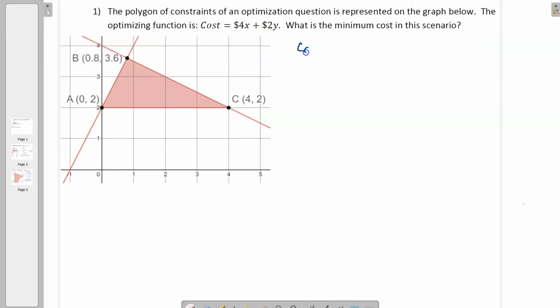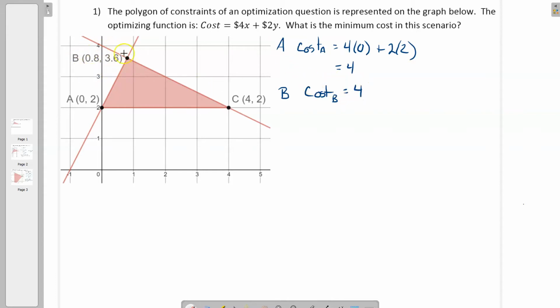So we've got cost at vertex A is equal to 4 times 0 plus 2 times 2, which is equal to 4, not surprisingly. Then we look at vertex B, and the cost at vertex B is taking the same approach, this time 4,